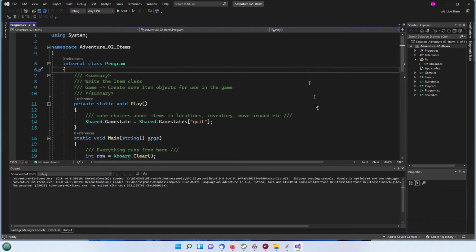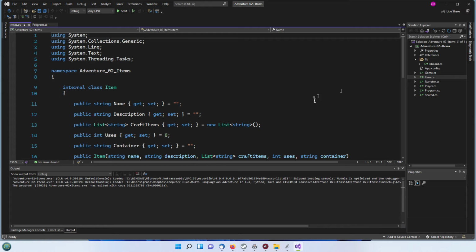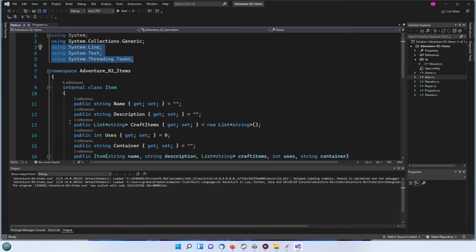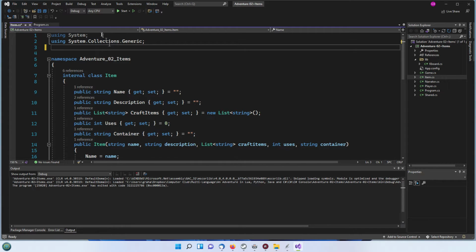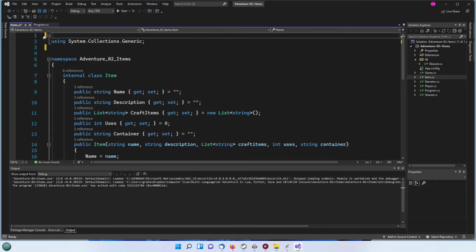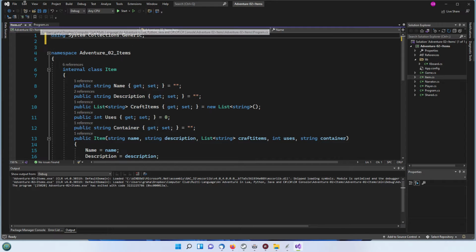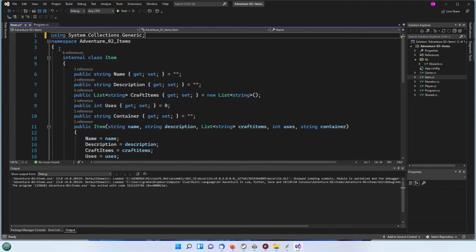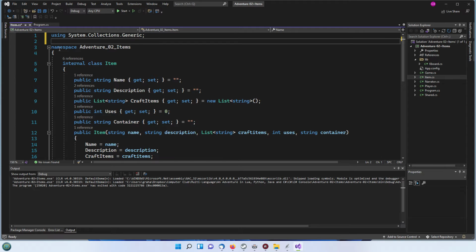So obviously the first thing we needed is a new class, which is the item class. So we'll show you that. Now this is not a static class, it's a full proper class that you can make objects from. So it doesn't have the word static in it, and otherwise it behaves pretty much the same. We don't need, it would appear, some of those usings, so we'll get rid of the ones that we don't need. Okay, I usually like a space between that. Right, so